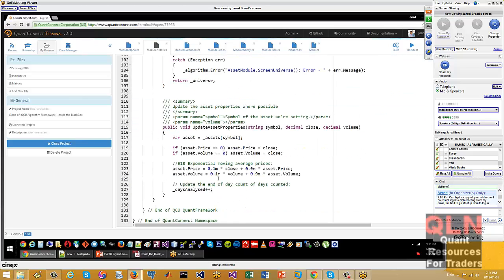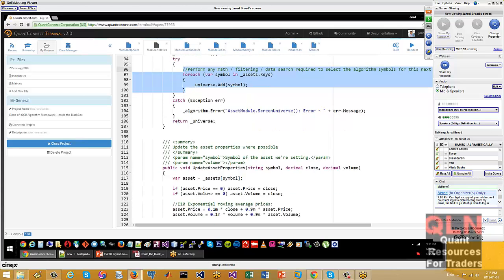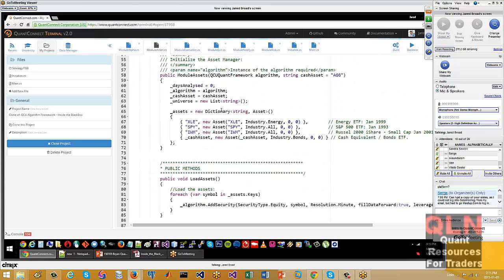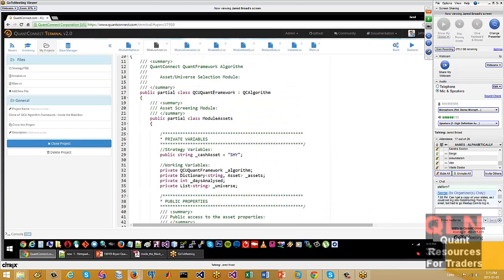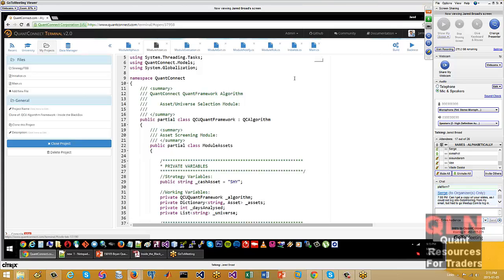It does a little bit of asset properties calculation. If you want to, for example, select your universe of stocks based on certain properties, such as any stock which is above its moving average, you could calculate the moving average of the stock and then filter the symbols which match that. And then you have this module which simply calculates that universe based on your particular criteria. But for the purpose of the demonstration, this one does nothing like that. It just selects the universe that we're following.